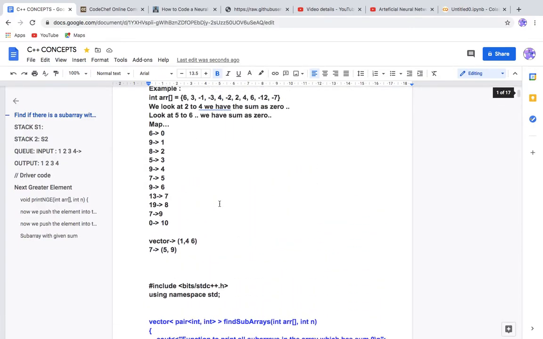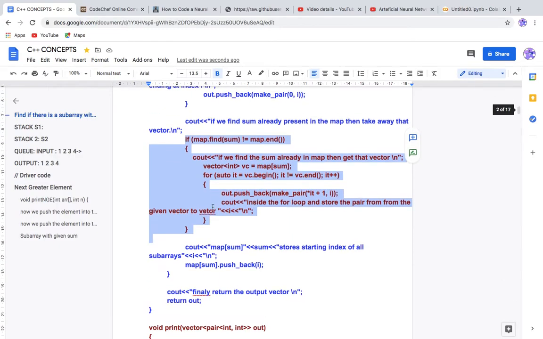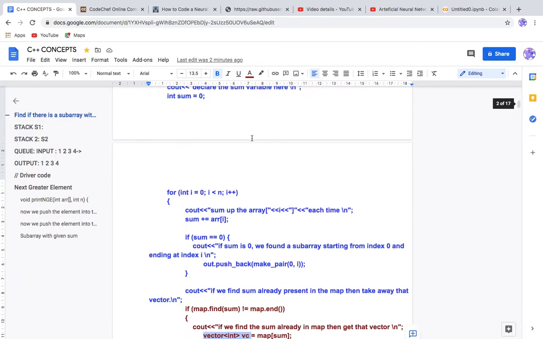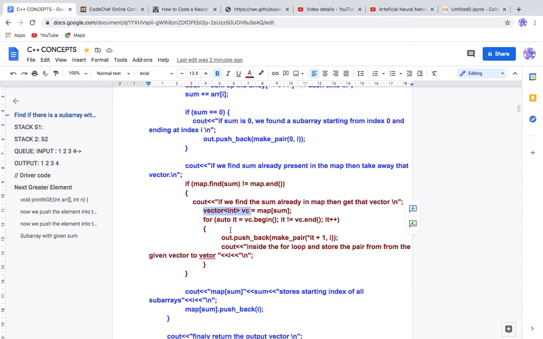So this statement, if you find the same sum again, what happens? Suppose I come here, 9 is at index 1, right? And after index 3, at index 4, you find the sum here as 9 again. So you found that in the map it is already there, right? Then what you do is you take out that vector. That vector currently holds 1, right? Only 1 is there inside it.